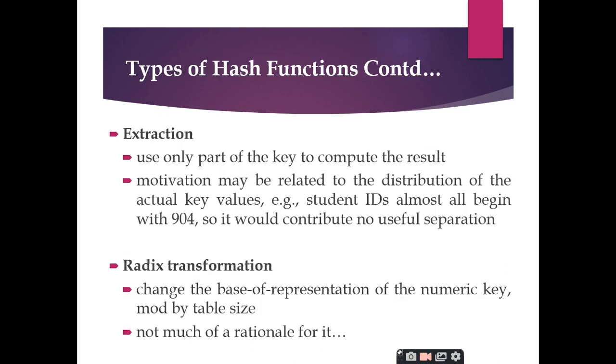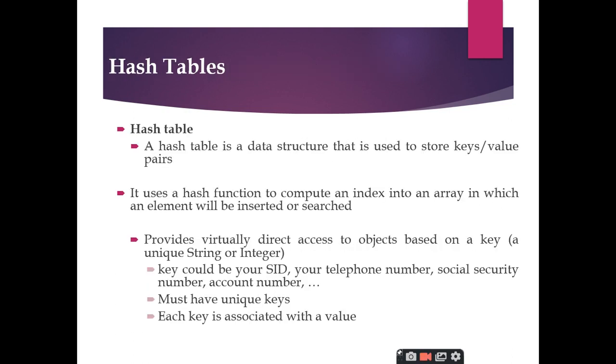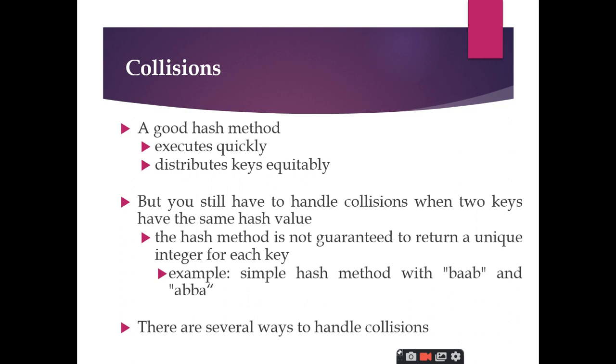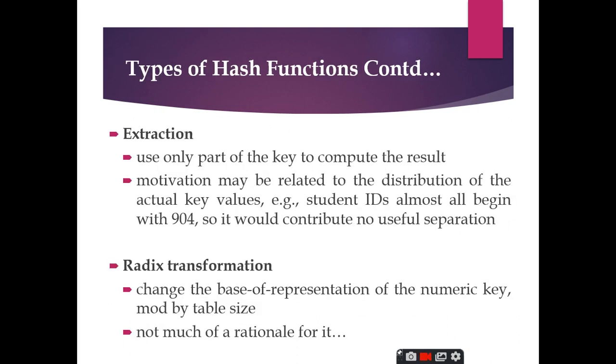We'll quickly go through these types of hash function, and then we'll discuss what a hash table is, right? And then we'll go through one of the important topics related to hashing in data structures, that is collision. We'll discuss what a collision is and what the various ways of handling collision are, and the advantages and disadvantages of each and every technique we use for collision handling. All these things we'll discuss, and then we'll finally summarize and close this chapter, right? So this is how I have planned today's session.